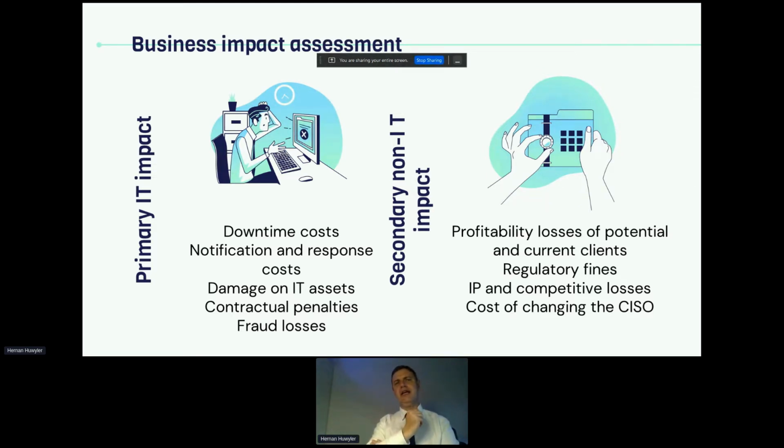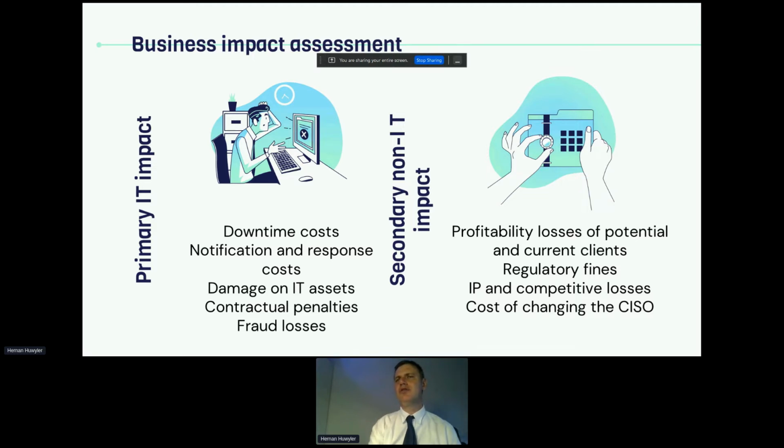We are able to tell how much we need to pay in our sales agreements and service level agreements, how much credit we need to provide for a service if we are not meeting some standards. And we can calculate those penalties. And we can also calculate fraud losses coming from IT risks.